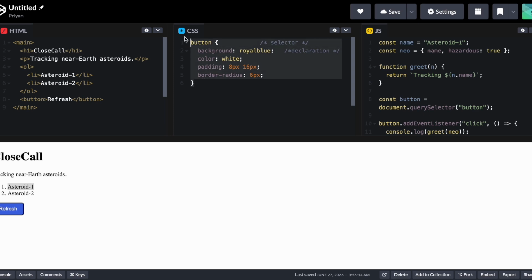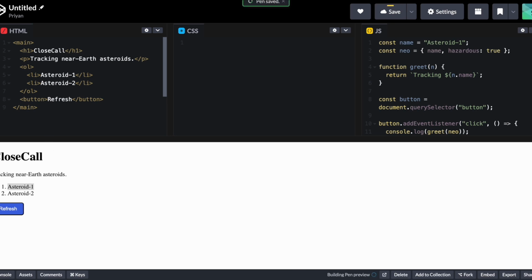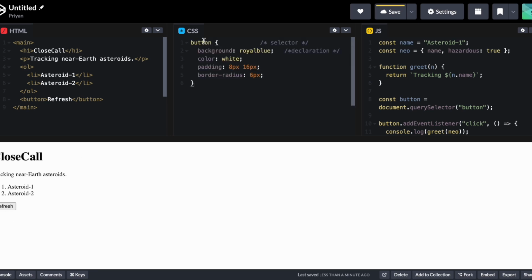Let me remove this and save. The website's still going to be there, but one important thing that is missing right now is the styling of the button. Look how the button changes now after I save. Yeah, there you see. So this is how CSS works. The button is the selector here. You can select any of the